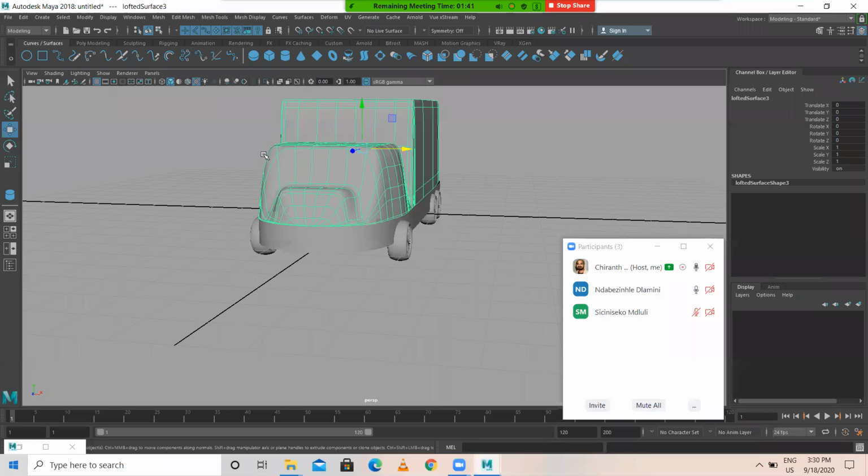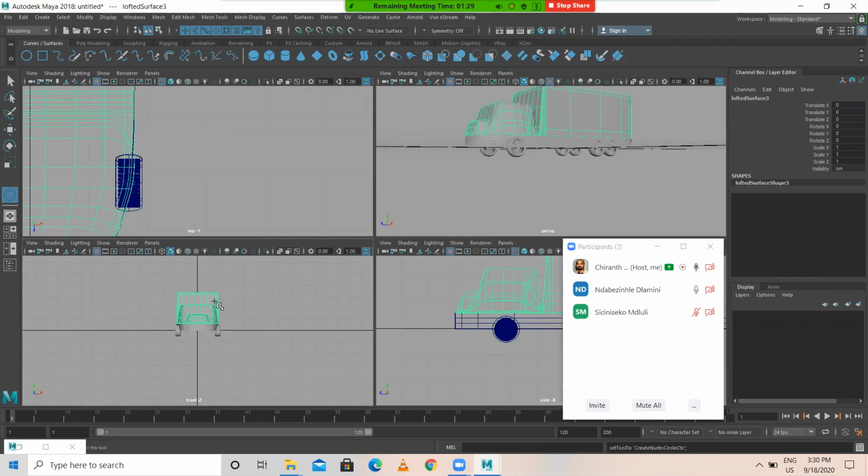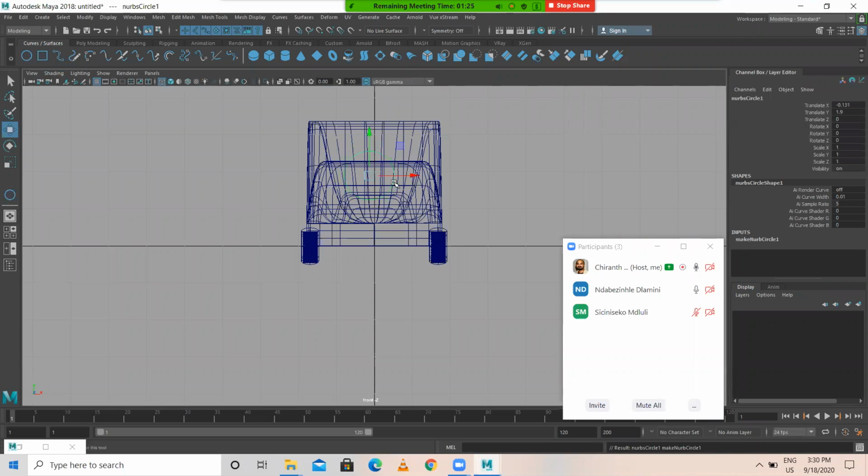No sir, it makes sense. Now we can create a windshield over here. To create that, you have to select a curve, create a curve, go to front view. I need to create a curve like this. X snap to grid.